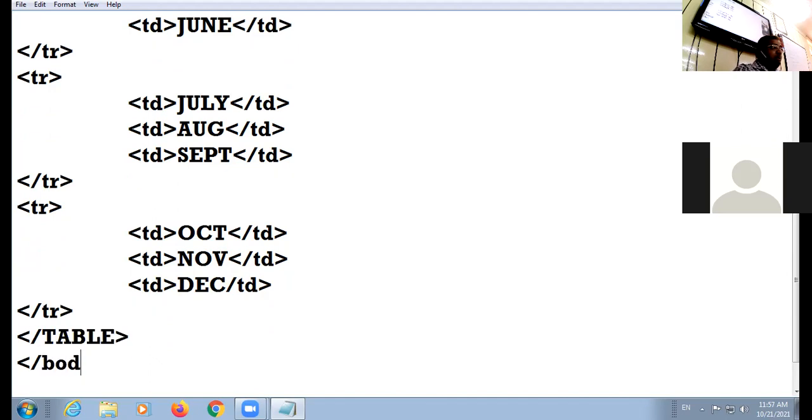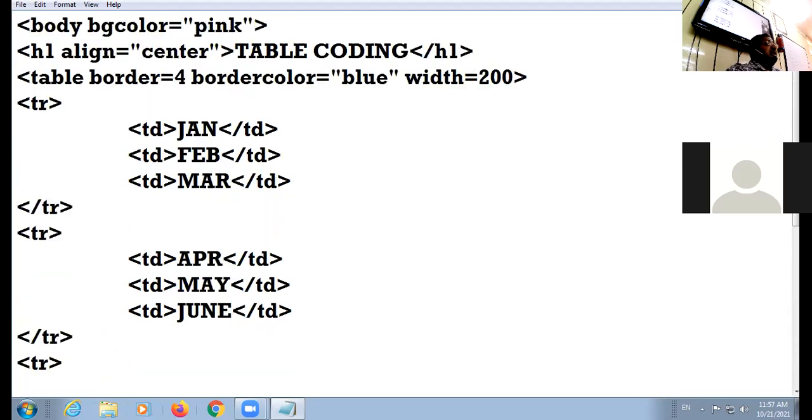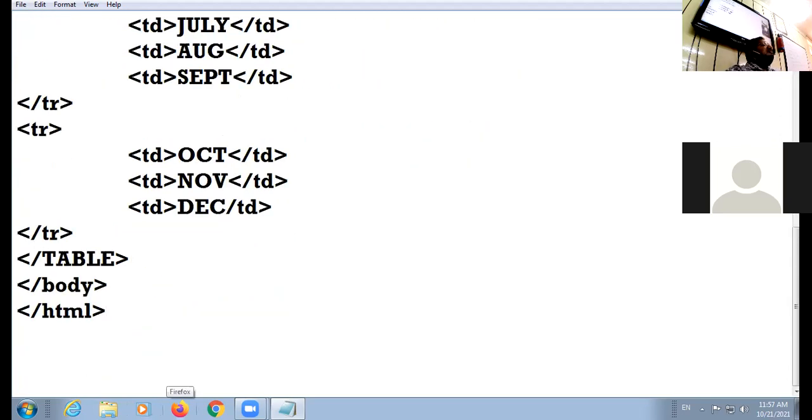Here I close the body tag. Here I close the HTML tag. So in this table, you have seen we have taken 4 rows, 3 columns. These 3 cells, they denote 3 columns.